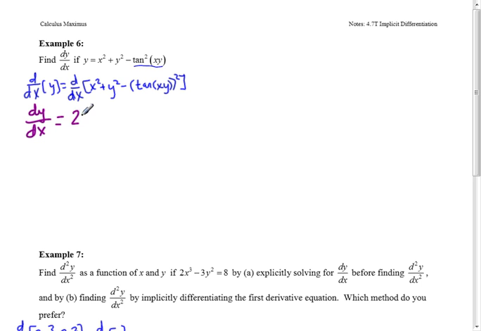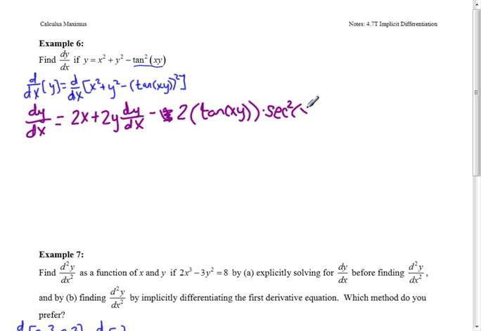Derivative of x squared is 2x. Derivative of y squared is 2y dy/dx. And now this one's going to take a little bit of space here. So, power rule, minus 2, that looks terrible. Okay, minus 2 times tangent of xy to the power of 1 times the derivative of tangent of xy, which would be secant squared of xy,